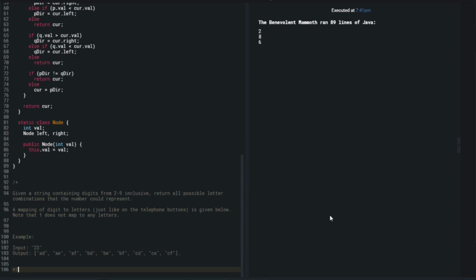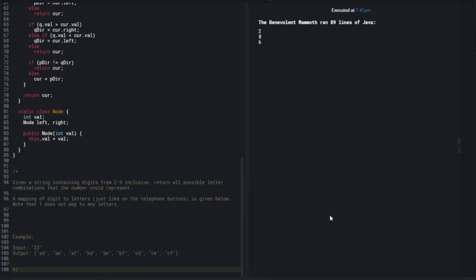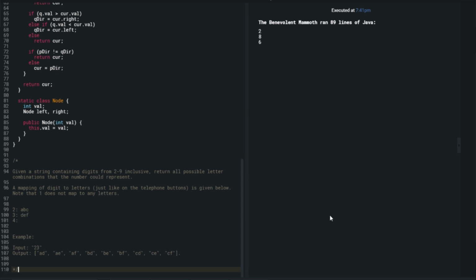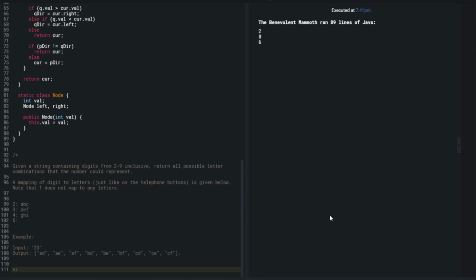So you're just given some sort of string, phone mapping, where each of the digits maps to a bunch of characters, and then given some numbers, you want to find all of the possible character mappings that you could create. The thing that's missing is the picture of the mappings, but basically it's like a normal phone where 2 is ABC, 3 is DEF, 4 is GHI, 5 is JKL, 6,